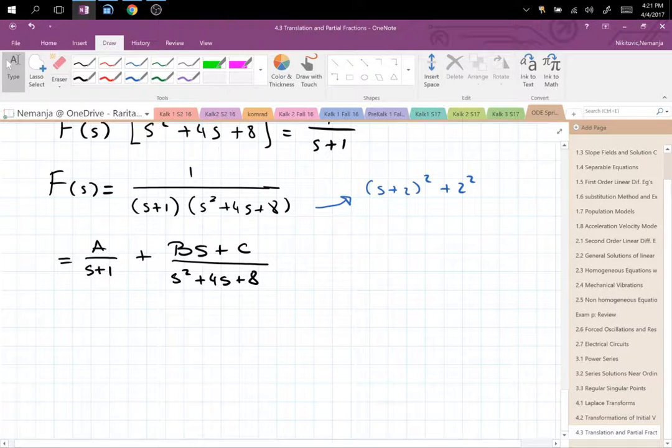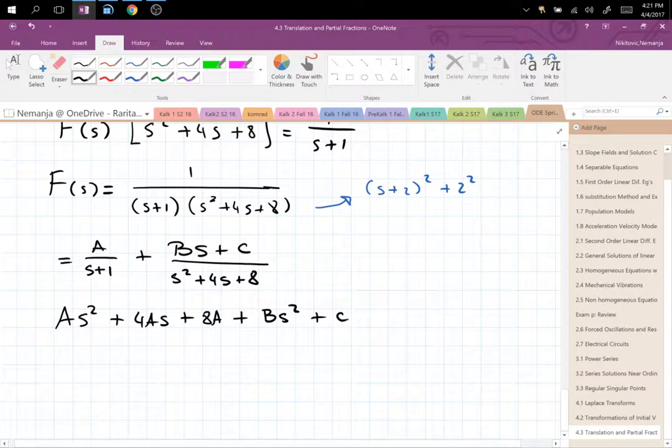And then when I cross multiply now, I have As squared plus 4As plus 8A plus Bs squared plus Cs plus Bs plus C,